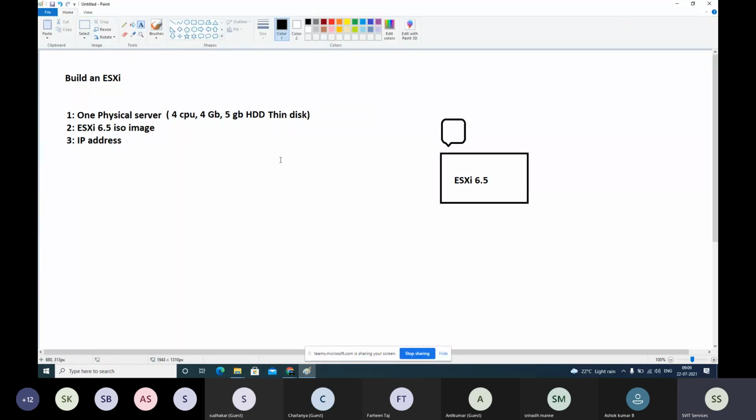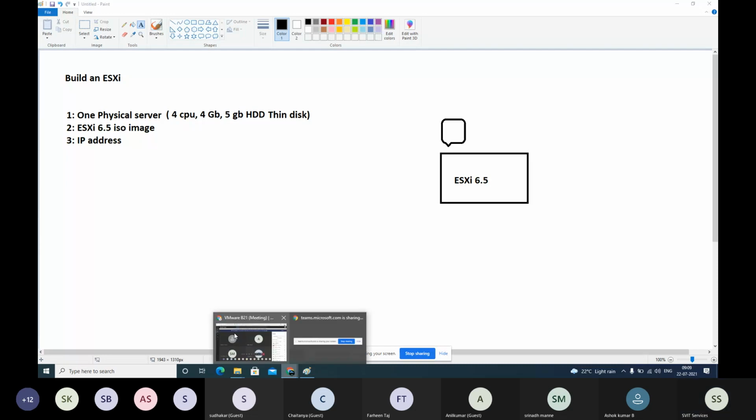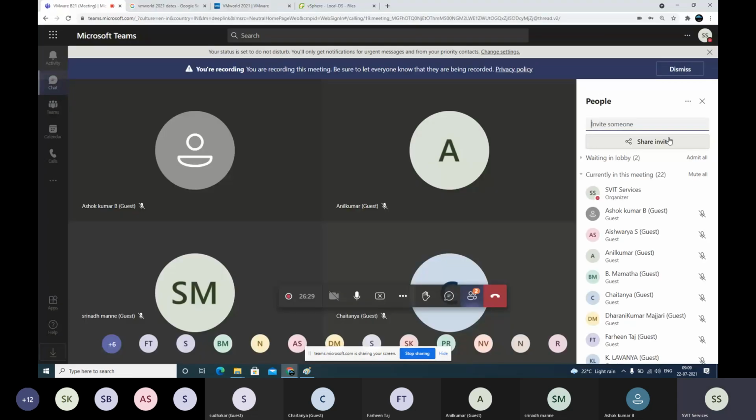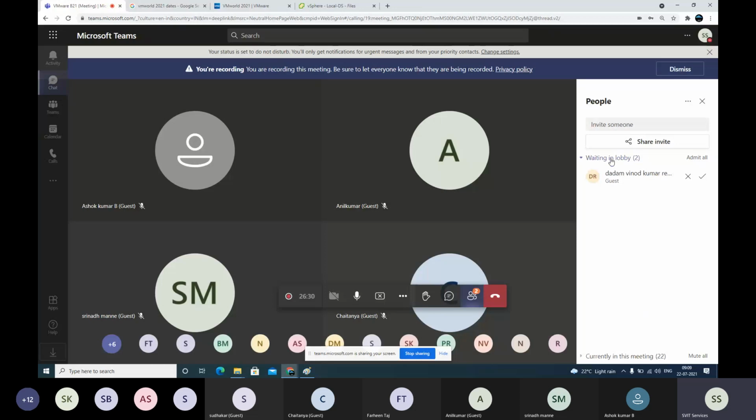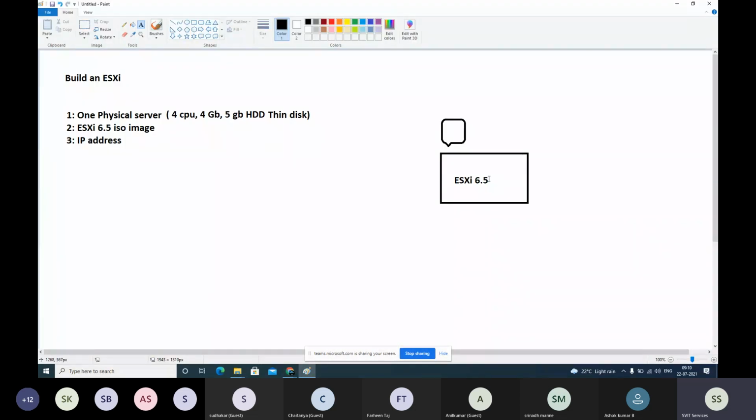A 5 GB thin disk. Now what we will do, right? On the physical server, I have installed an ESXi machine.